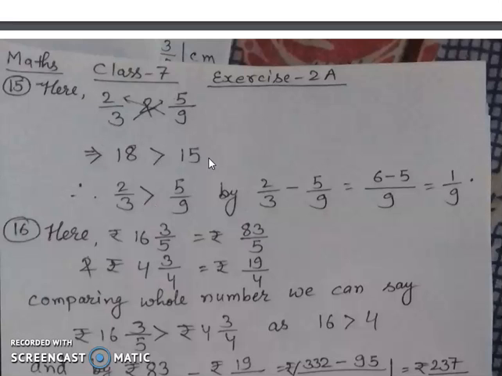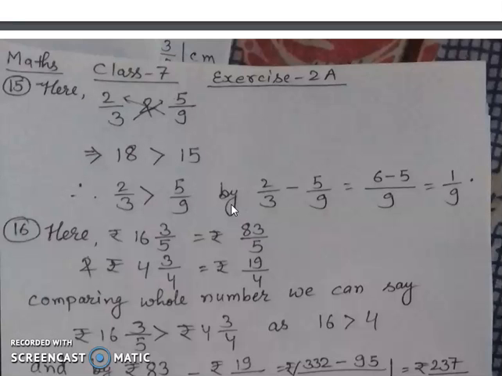I had written. So when this side is greater, simply this way an arrow will be given. The arrow direction is important. So what comes on this side will be this side, and what comes on this side will be this side. So whichever side is greater, that side's fraction will be greater. Since 18 is greater, 2 by 3 is greater than 5 by 9.